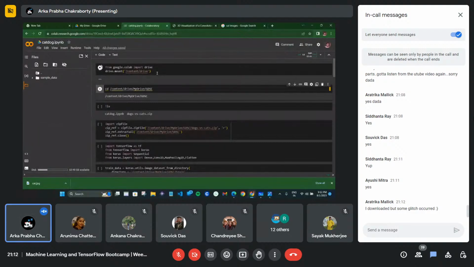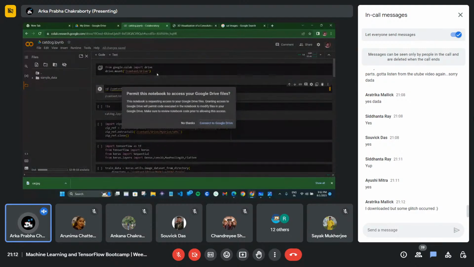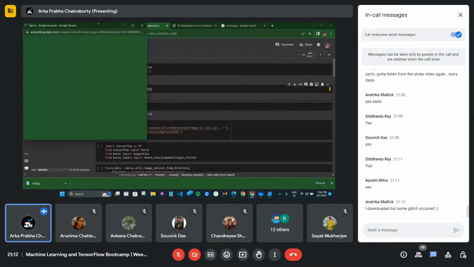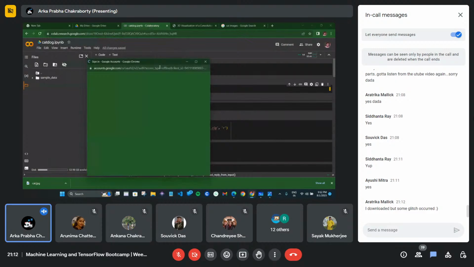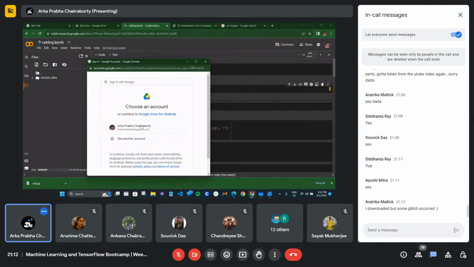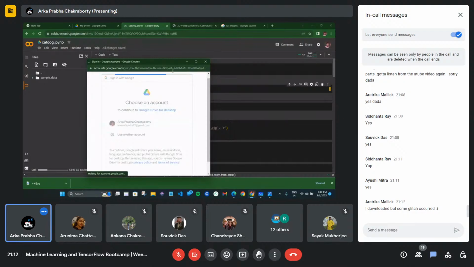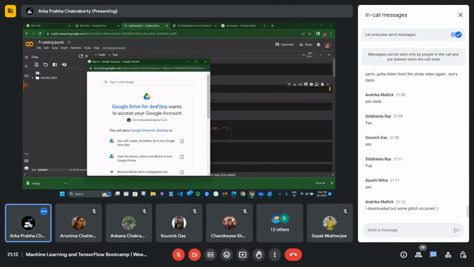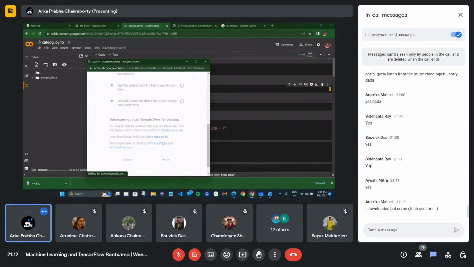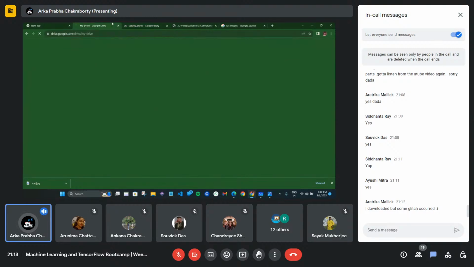Okay, if you have downloaded the zip file, let me just get this access. Oh, will it work because of my internet connection? It should look something like this.